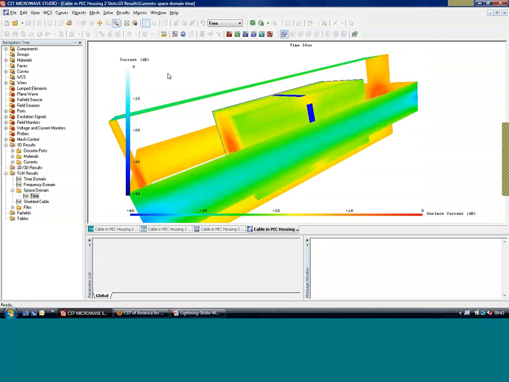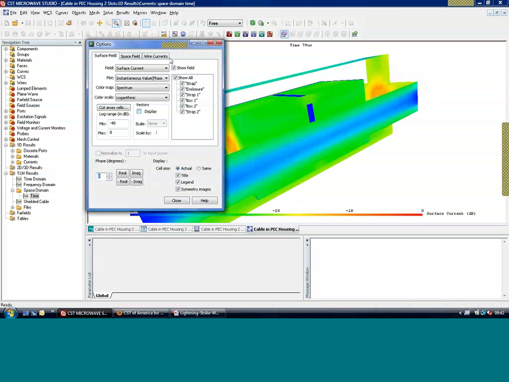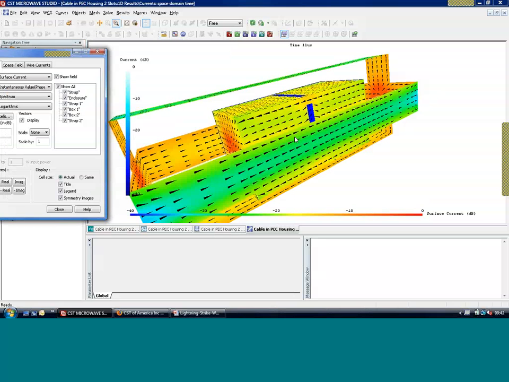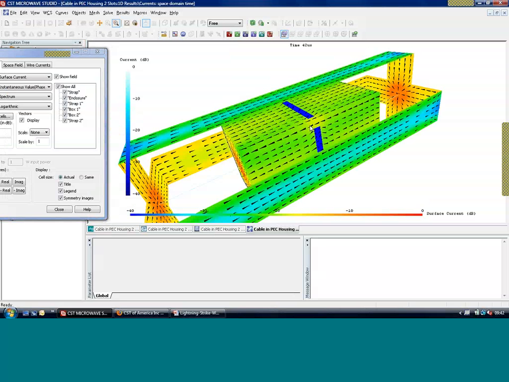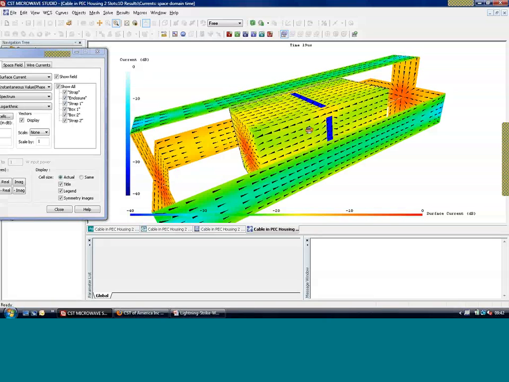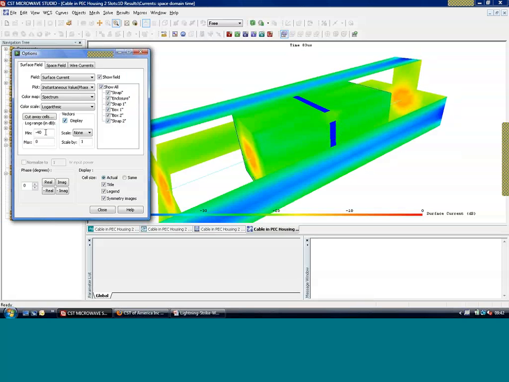What we can then do is look at the vector information associated with the surface current. So again, we can see here, this is our source point. We can see the current is flowing this way across the enclosure, and then back around on the return cage back to the source point. And again, we can clearly see that the predominant amount of current is on the inner side of the return cage here, rather than the outside of the return cage. And if we just turn those vectors off for a second, and change the scaling here a little bit,